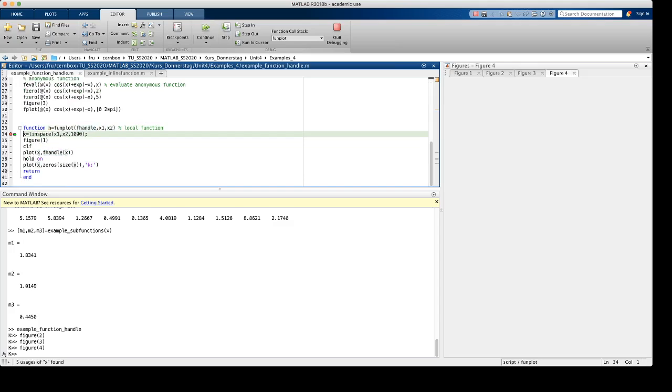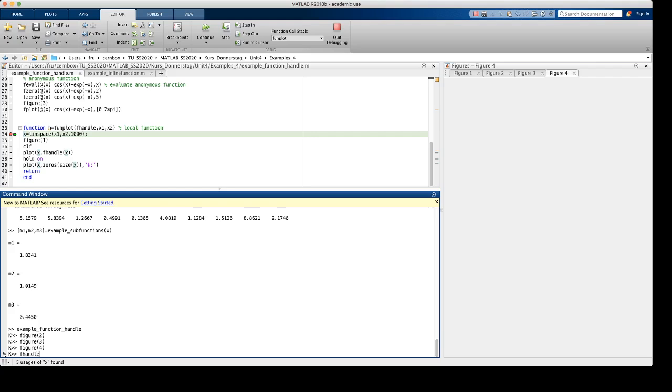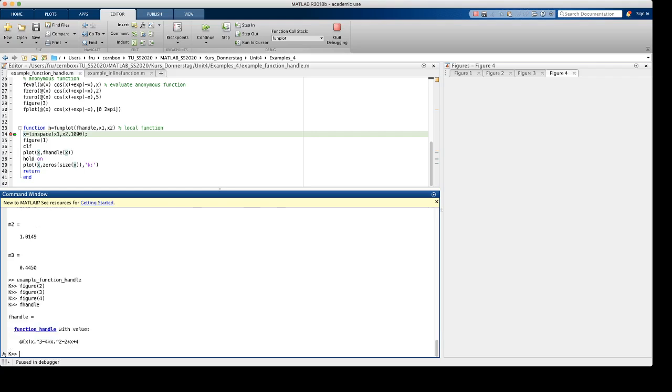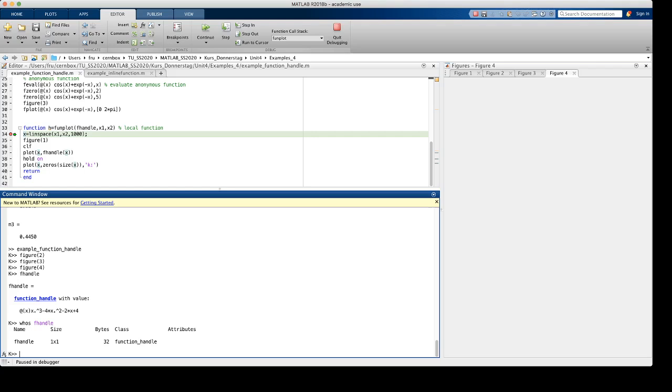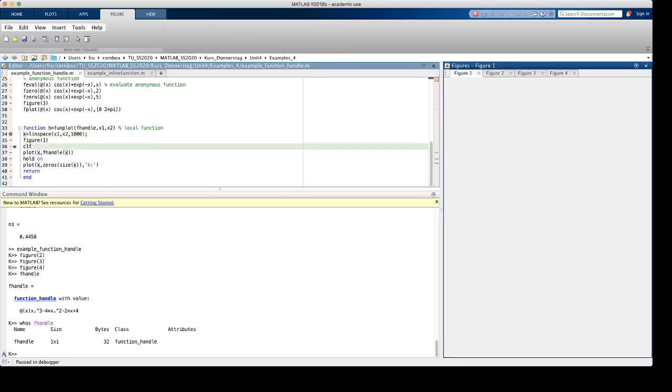Okay, now the first argument is the handle, the pointer. So it's an object of class function handle. And that's its value. The value is this string. It says it has one argument, and this is the command to compute the function value as a function of this argument x. Okay, so then I go to figure 1, I clear the figure,